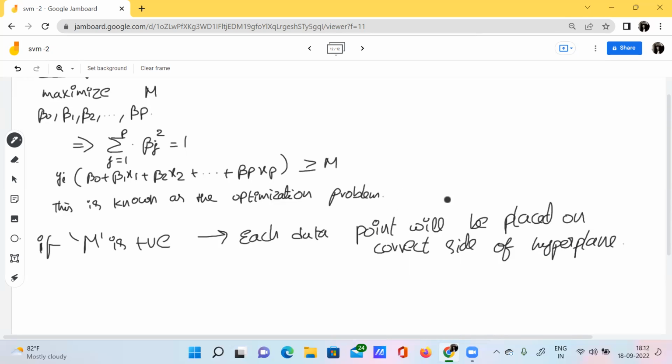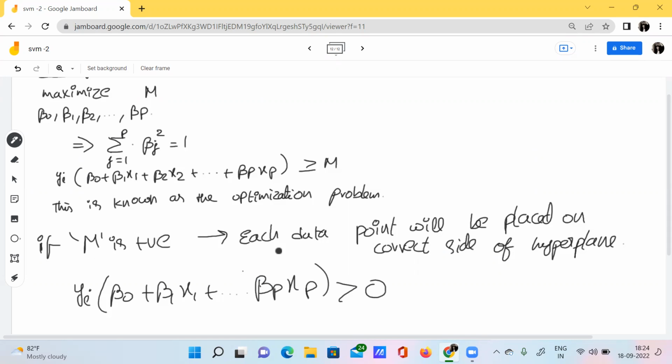What this means is that the expression yi of beta naught plus beta 1 x1 plus and so on plus beta p xp should be greater than 0.